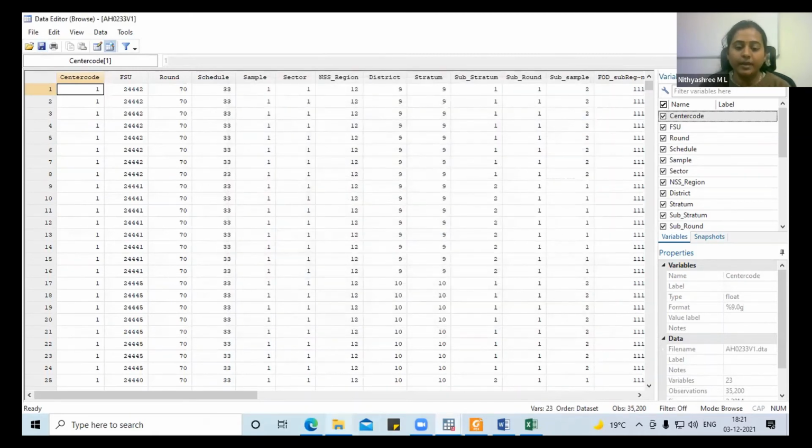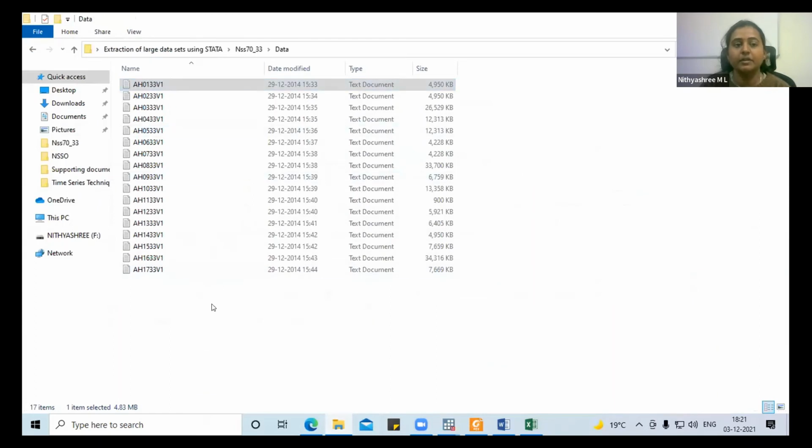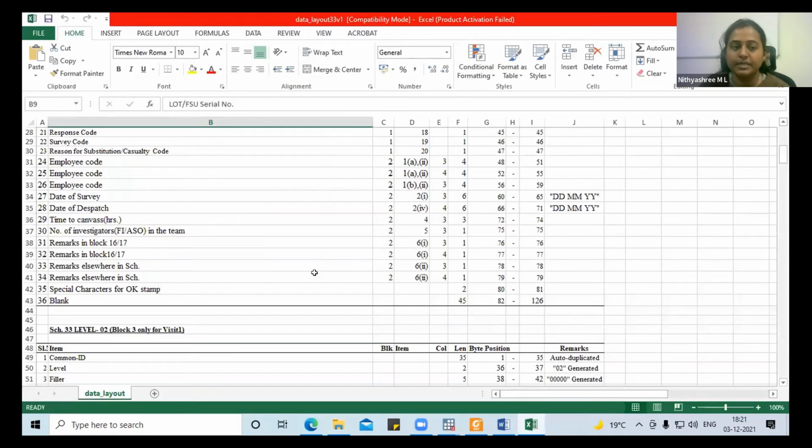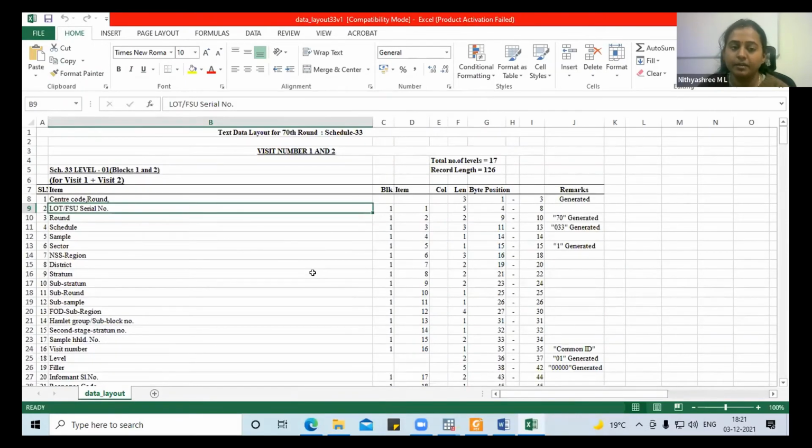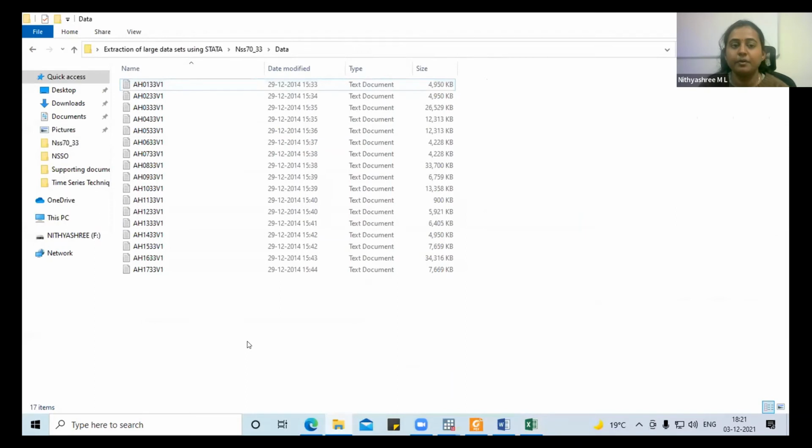Okay. So what we have done till now: we have chosen one variable file which has basic information, and we have given a command to Stata by using this layout information. We have executed it using the command infix, and after the command I give the path detail and also the data detail. So we have decoded one file. You need to repeat this step for all the files, the 17 files.